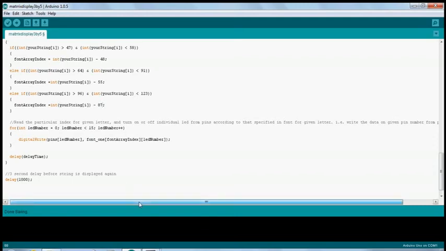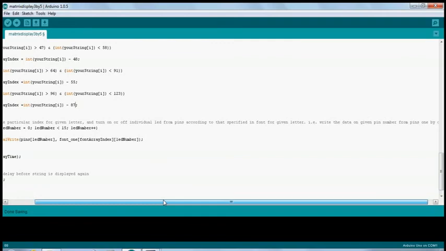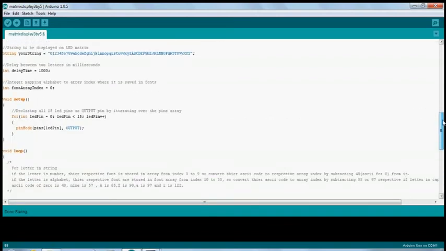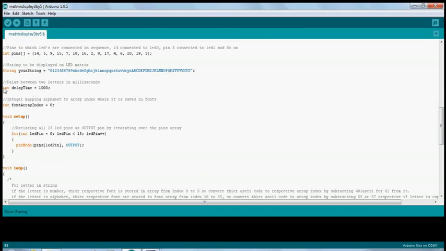Here we will write the data on the given pin number, from pins one by one. Now after writing it, we will give a delay time equivalent to 1000, that is 1 millisecond, which we have initialized at the start.